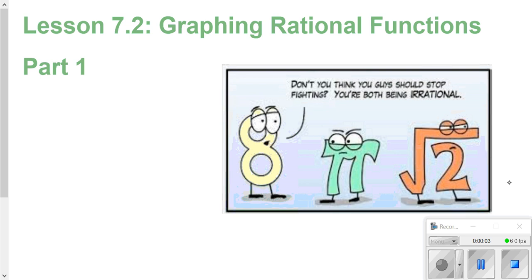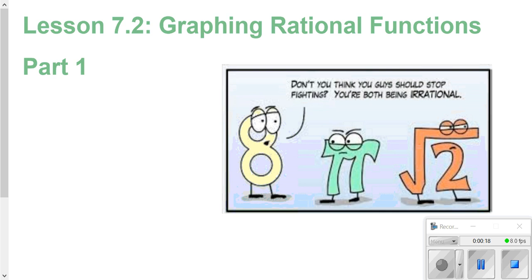Well, hello. Today we are going to be learning about graphing rational functions, and this is the first part of lesson 7.2. You're going to do two different evenings of 7.2 problems, and you can see there's a comic here